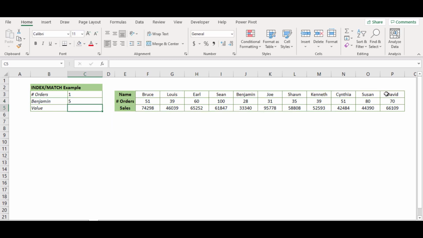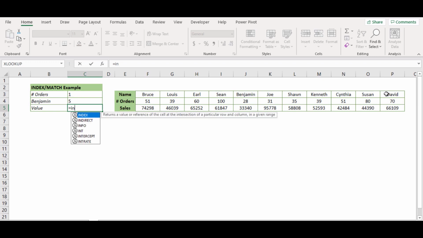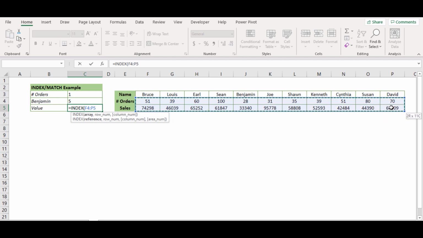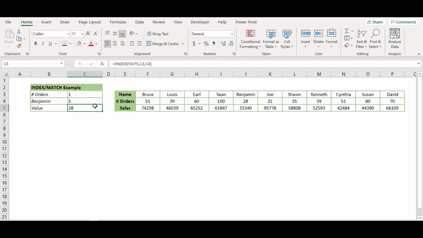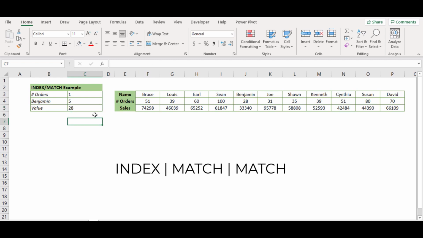Finally, use the INDEX function in cell C5 to find the order number of customer Benjamin. So, the INDEX lookup array will be the range F4 to P5. Then for row number, select cell C3. Then for column number select cell C4, then close the bracket. As you can see here, we have used the INDEX and MATCH functions for a vertical search, and we have used INDEX and MATCH for a horizontal search.